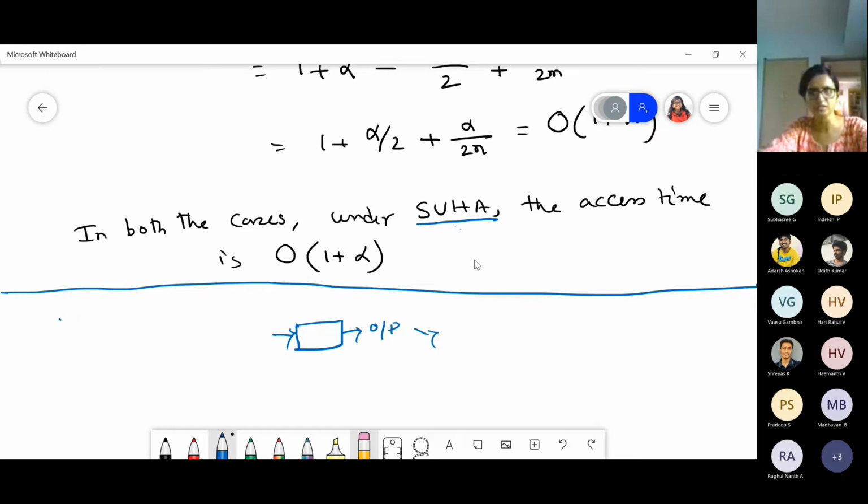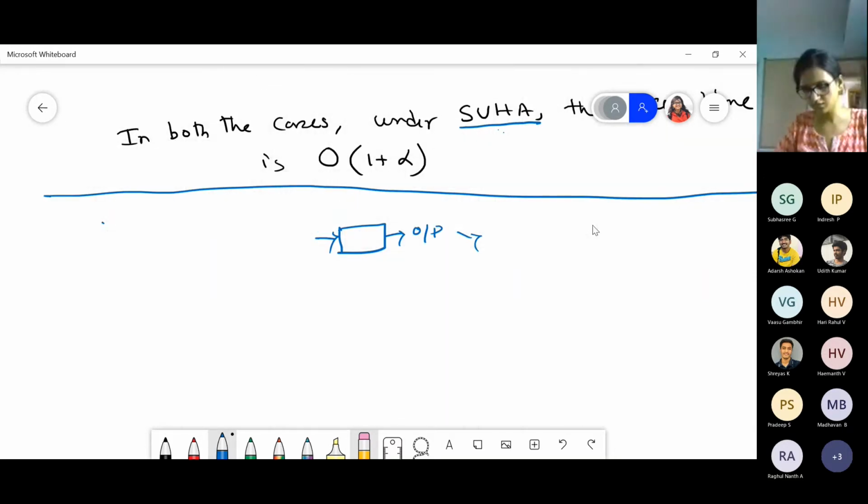There you can avoid the worst case situation, and also your table will be properly distributed. There will not be something like one chain will be large, another chain will be too small, something like that should not happen. So for everything, all you need is, you need to generate good hash functions.